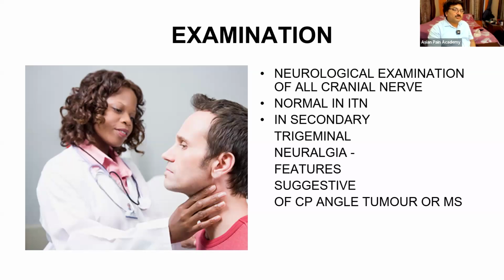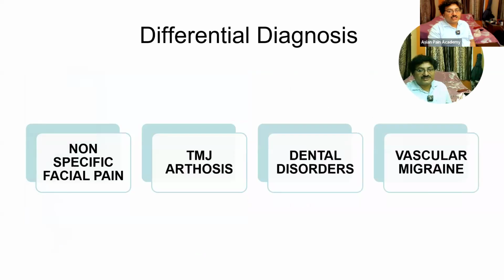Depending on the position of the CP angle tumor, we will find neurological deficits accordingly. Now in the differential diagnosis, we have to differentiate from non-specific facial pain, TMJ arthrosis, dental disorders,